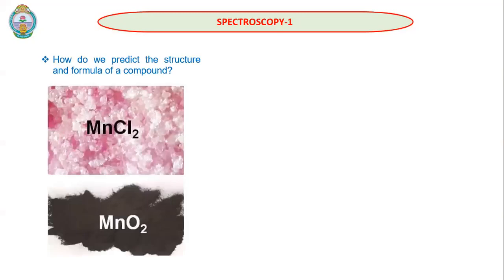When we are given a chemical bottle which is labeled well, then we can easily say the compound in the bottle, and of course we can also predict its structure. But when we have synthesized some new compound for our research purpose, or when the bottle is not labeled, then how do we predict the name of the compound, or how do we determine the structure of the molecule?